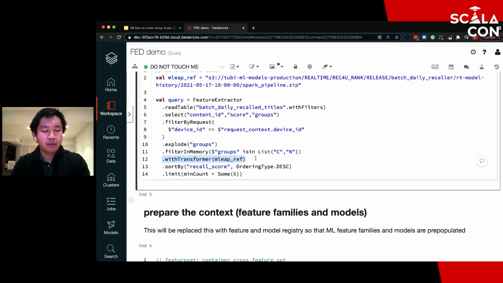Over time, I think the plan is that we can implement more operations in Fed itself, so that we no longer even need a separate thing, so that we can replace the MLeep pipelines. But for now, we just integrate it so that we can run it. Right, and then some post-processing here, right? Sort by, and then a limit.